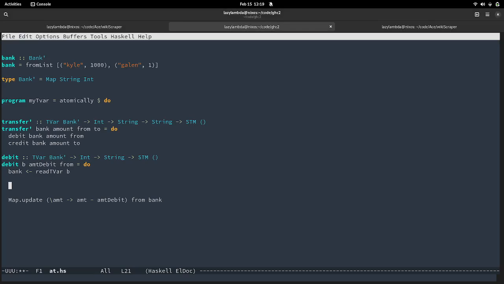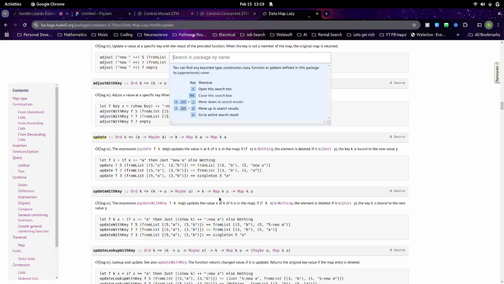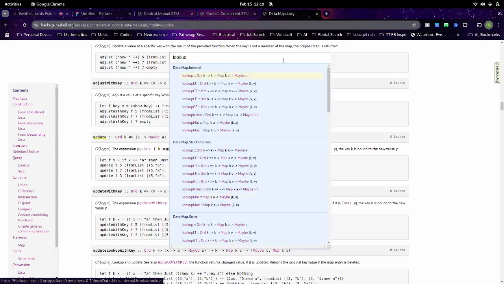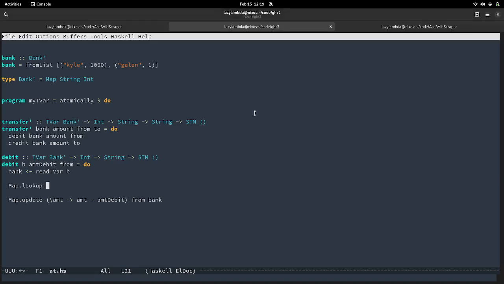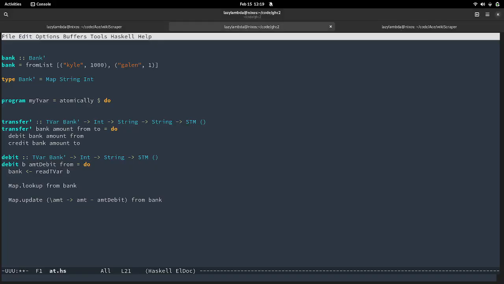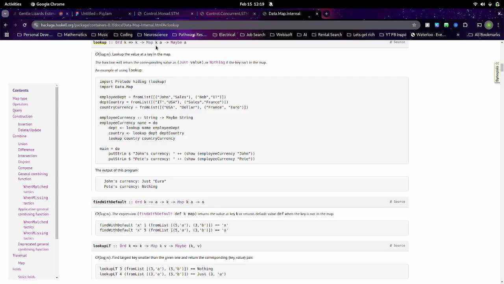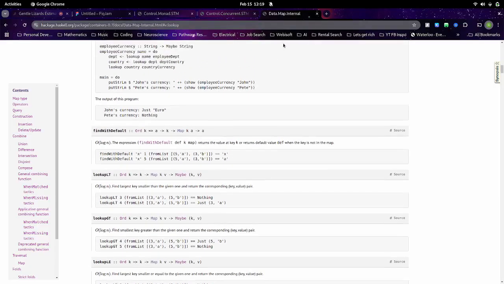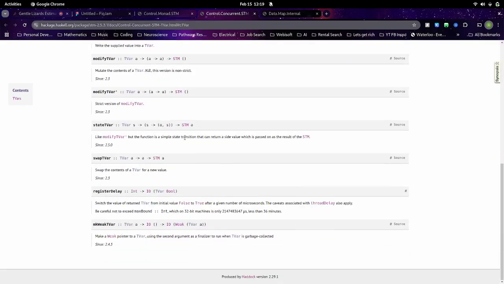I'm going to do map.lookup, we take a key. So the key is going to be from, and our map is going to be bank. And I will say case map.lookup is Nothing. Do I just do fail str, or how do I actually fail here?